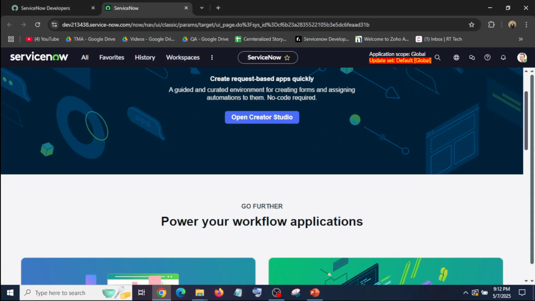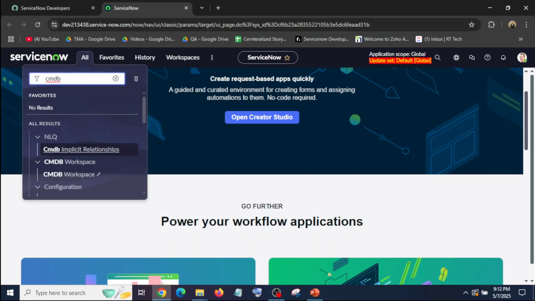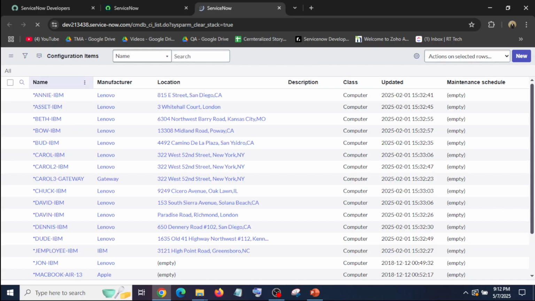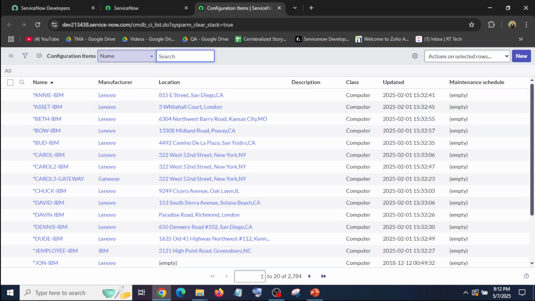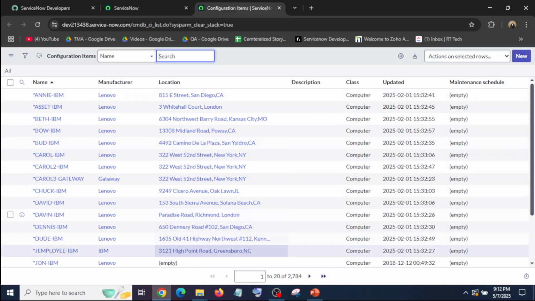This is my personal developer instance, and if we go to the core table of configuration items, this is the table which contains all the configuration items of different classes like computers, software, and many other classes of configuration items.